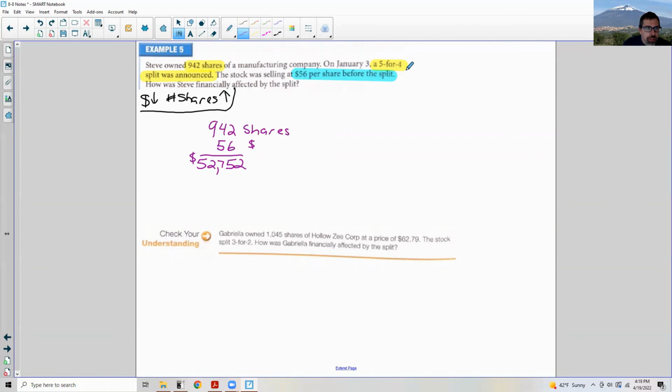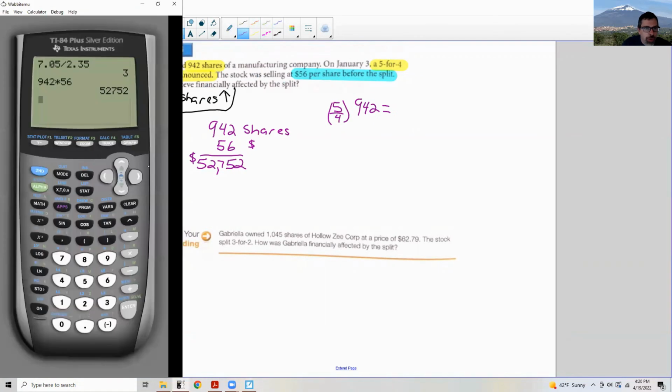The stock split and it went 5-for-4. So the value is going to decrease. This $56 is going to get smaller. The number of shares is going to go up. So if you think of the number of shares going up, you have to take 942 times the ratio. What makes that go up? 4 over 5 or 5 over 4? It's going to be 5 over 4. Anything greater than 1 increases the number you're multiplying by. That's the same as 1.25. But I'll put it in just like this, 5 over 4 times 942 is going to be a greater number,